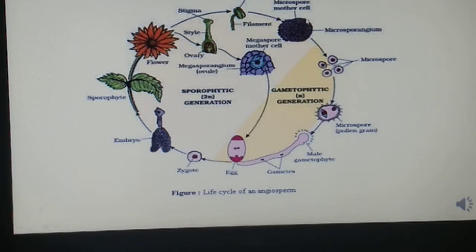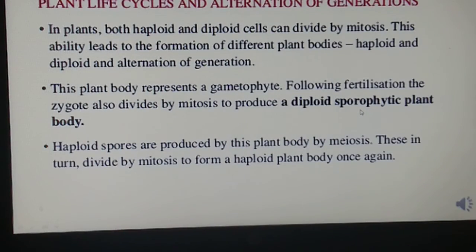And you can see here, these are the microsporangium, students. Within the microsporangium, this one is the anther. Within the anther there is a microspore mother cell. They further undergo meiosis and give rise to these microspores. And ultimately they give rise to a pollen grain, where the male gamete inside fuses with the female gamete and gives rise to the zygote, which further divides and gives rise to the embryo and then again the sporophyte. So this complete generation is sporophytic, students, and this one is the gametophytic generation. Gametophytic generation is haploid, always remember, and the sporophytic generation is diploid. I hope this is clear, students.